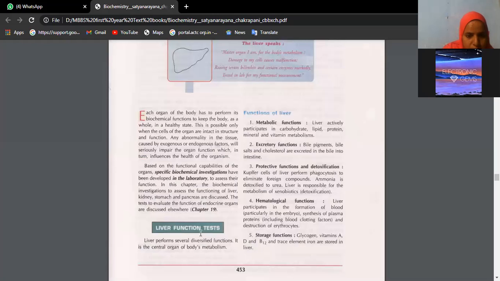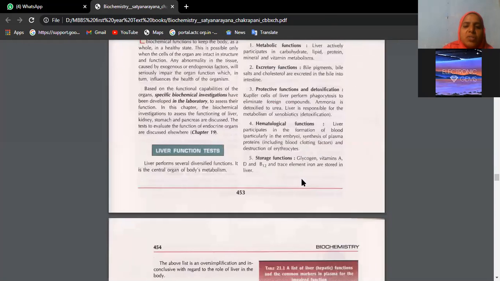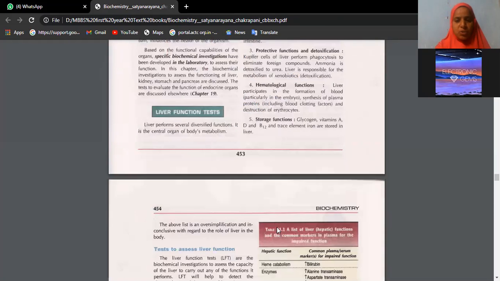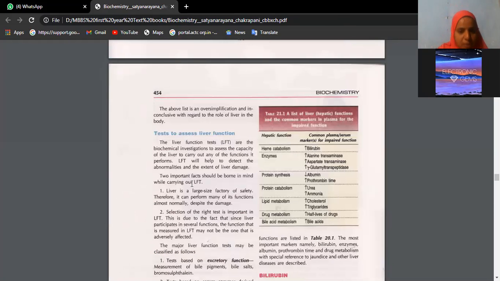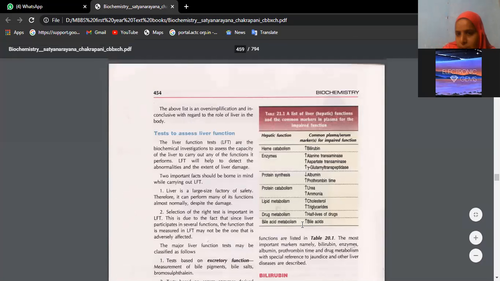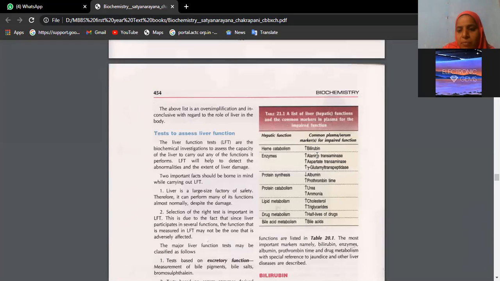Okay. So now see, in this liver function test, a short story of functions is also given: it is regulating metabolisms, it is excreting bile pigments, it is giving protection, it is bringing about detoxification, hematological function, storage function and all. We know all this. Now see here, in order to check whether the liver is functioning normally or not, we have various tests which are undertaken. Now see here, this table will help us, as Imad was just telling us, we will check for alanine transaminase, aspartate transaminase.